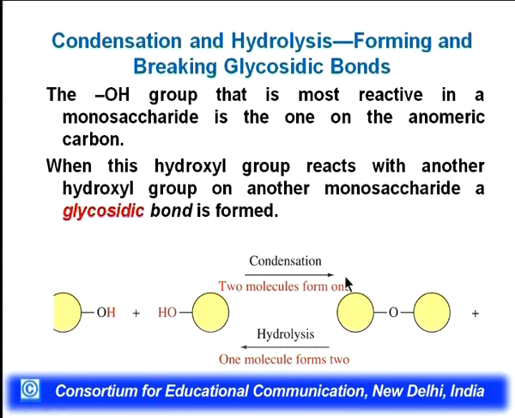And we call this a condensation reaction, because two molecules of monosaccharide are reacting to give us one disaccharide and a simple molecule, that is water. That is, water is